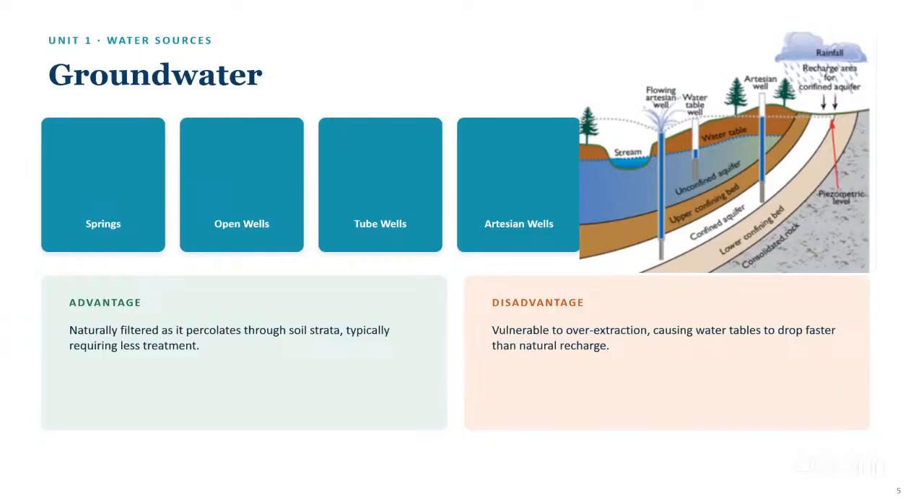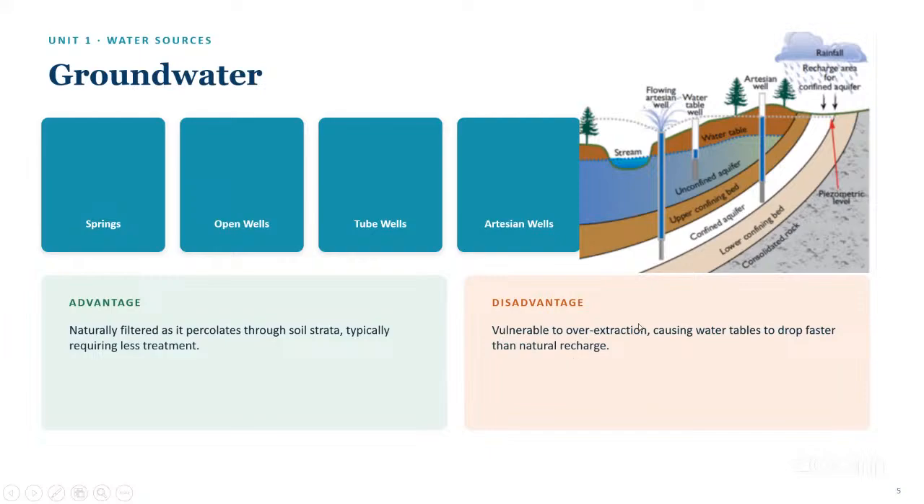And tube wells are deep wells; the water is cleaner and a reliable source. And artesian wells, or bore wells: water comes from a confined aquifer under natural pressure. An aquifer is nothing but a permeable rock which holds the water. The advantages: it is naturally filtered as it percolates through soil and typically requires less treatment. And the disadvantages: vulnerable